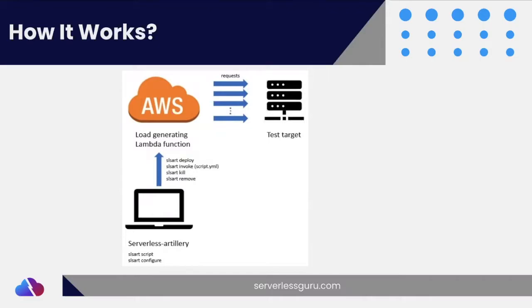And you put some configuration details, like how long this load test needs to run and how much traffic it needs to generate. You mention that in the configuration file. Then you run a command to deploy. The commands you see here are similar to the Serverless Framework commands. When you run serverless SLS ART deploy, it creates a Lambda function inside your